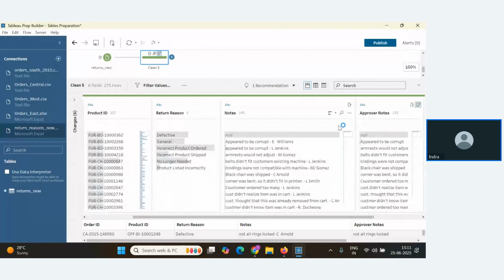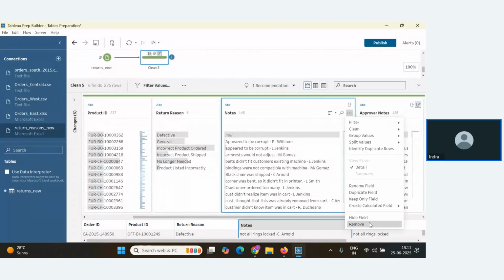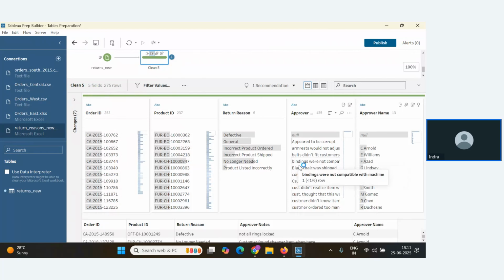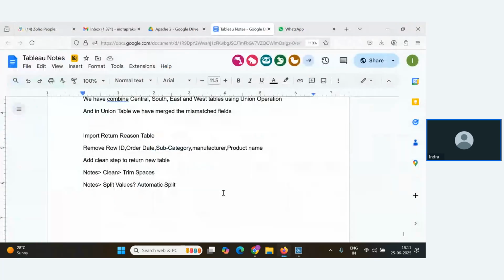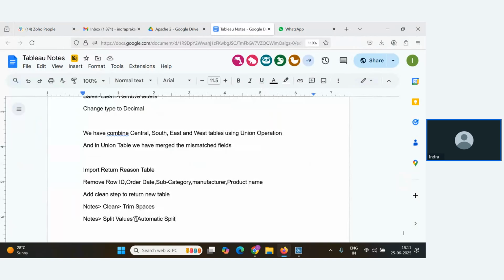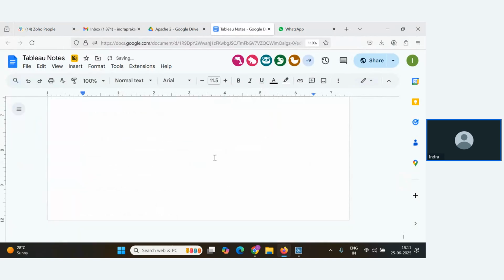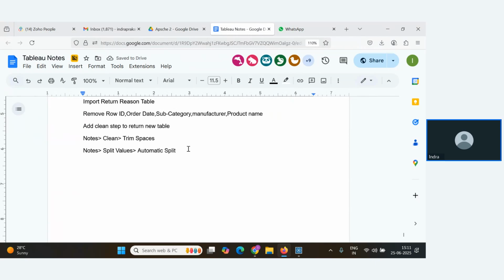The next thing we will do is remove this notes field. So three steps done here. What have we done just now? After the automatic split, in node split two we went to the options, then went to group values, and there we selected common characters.